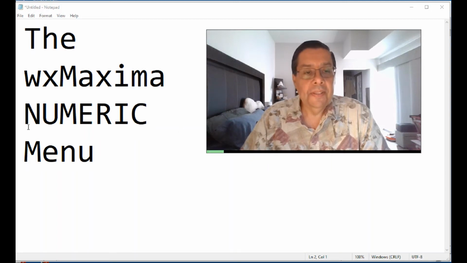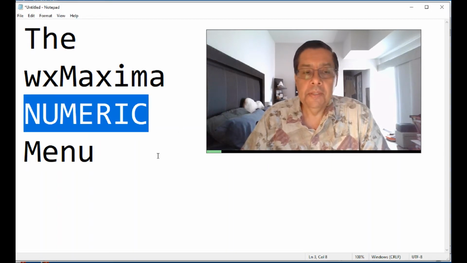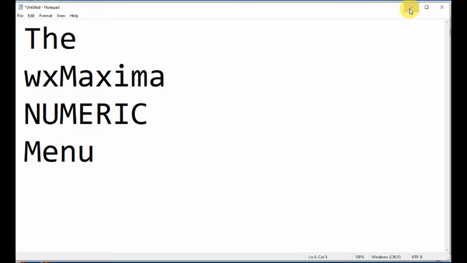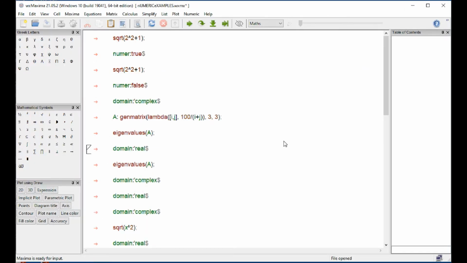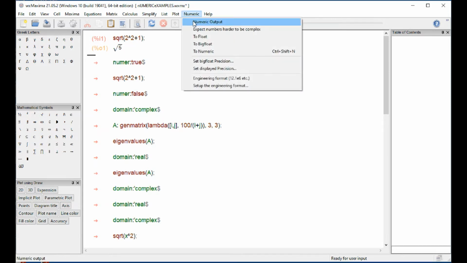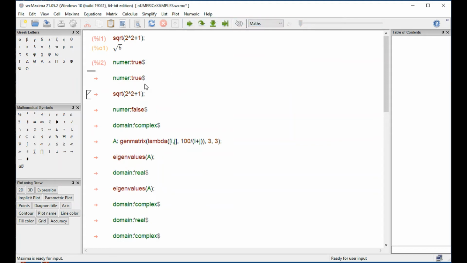In this video, we're going to present information about the numeric menu in the wxMaxima interface. I have a document here with a few examples. For example, if you want to calculate this, it is just a numerical calculation, but it will give me a symbolic result. Now, if you go here and say numeric output, then you get this numer equal